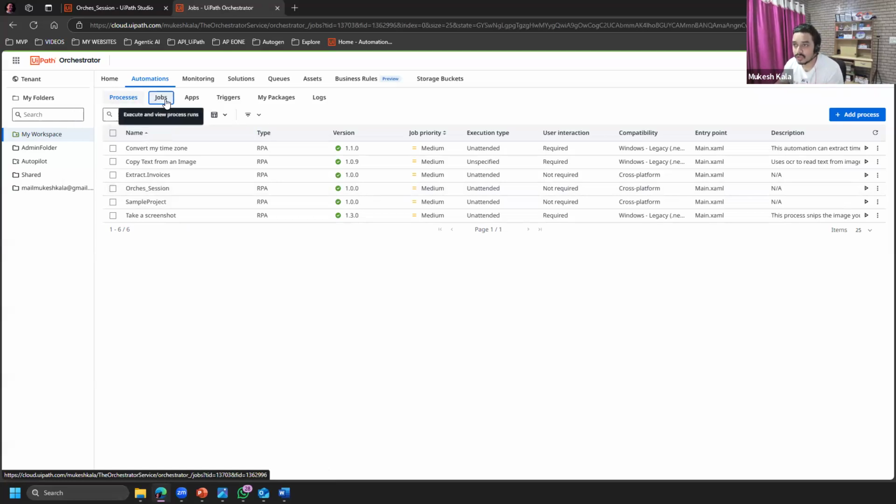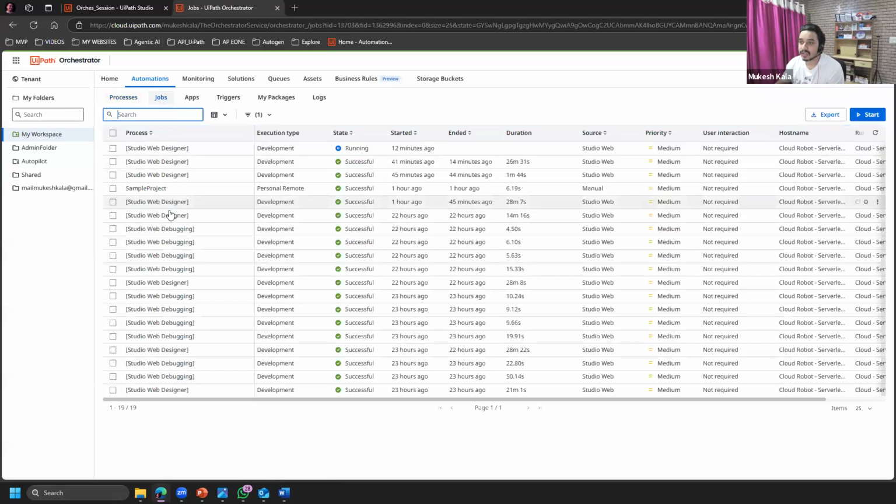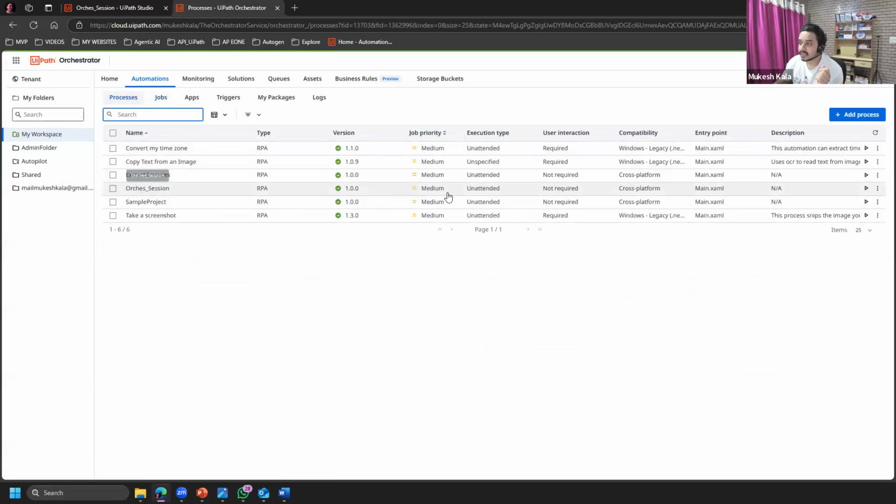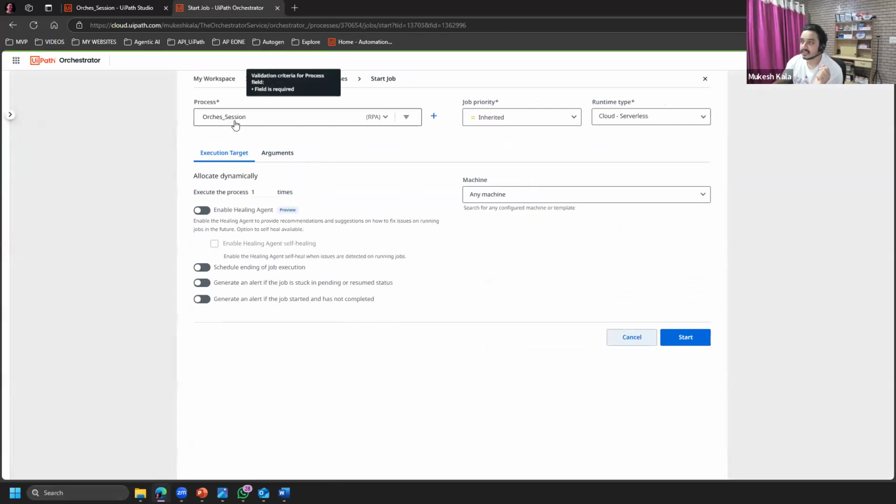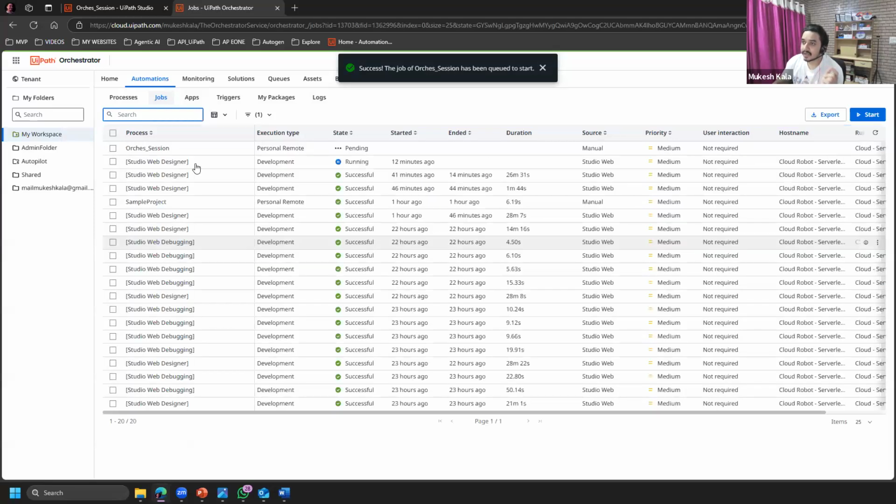So if I go to the job, as of now, you would see that I do not have anything related to that project, the orchestrator project, which we just created. So I'll go to the process, and then from the orchestrator session, you have this play button here. I can say start a job, right? And then orchestrator session, cloud serverless, and I say start. Now you would notice that that command is now sent to the jobs, and this has created a job, and the job is running